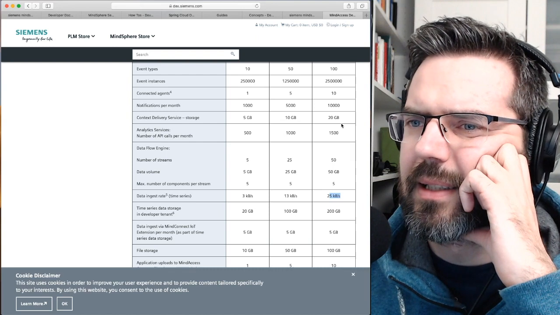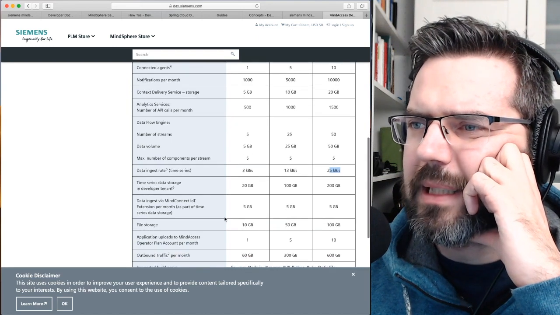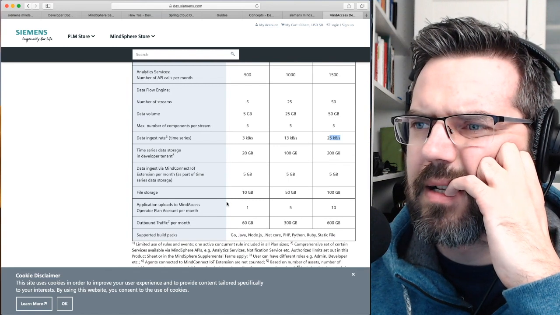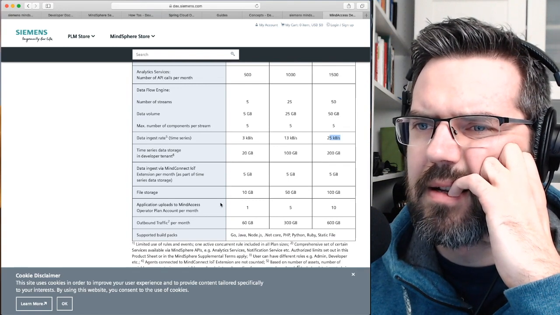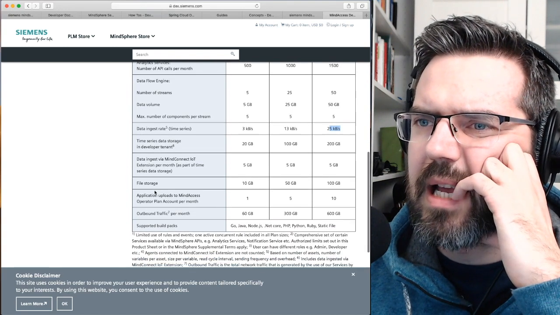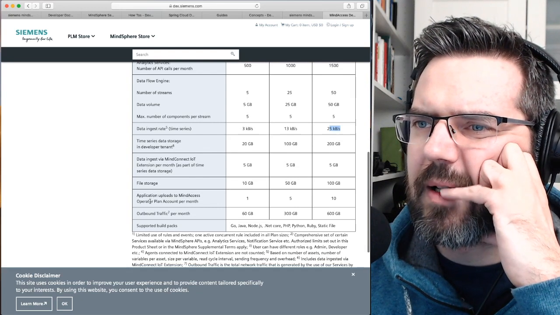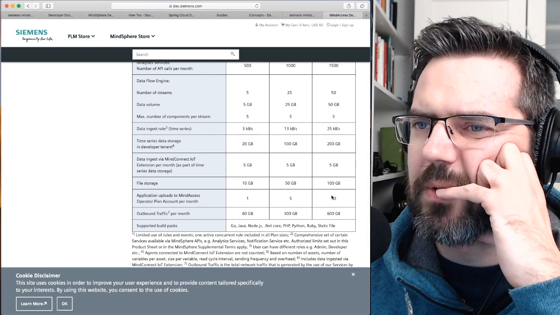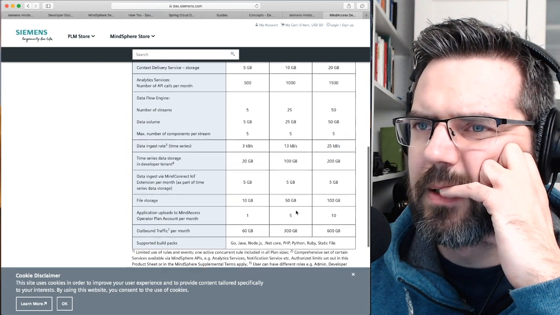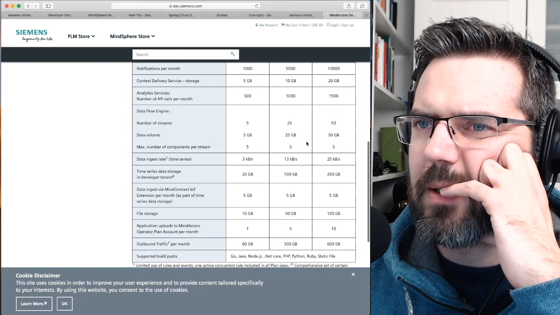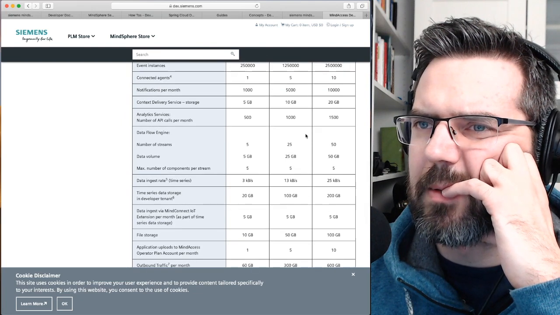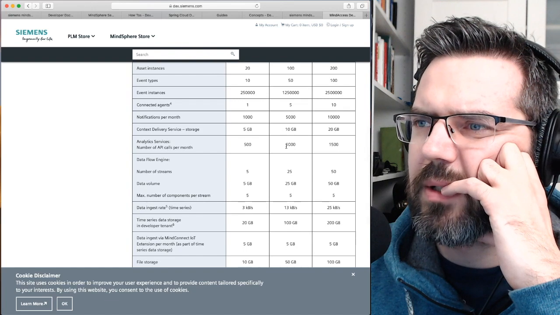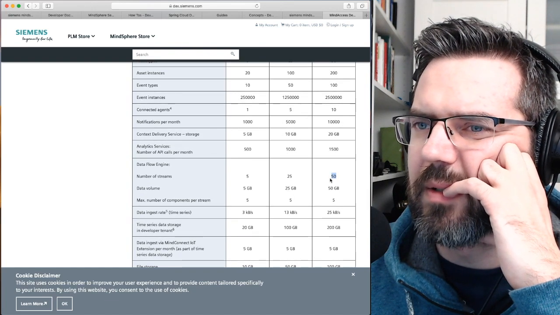File storage. Application uploads to Mind access operator plan account per month 10. Does that mean you can only run 10 updates a month or what? Data volume. In Flow Engines, number of streams. Okay, 50 streams. That's good.